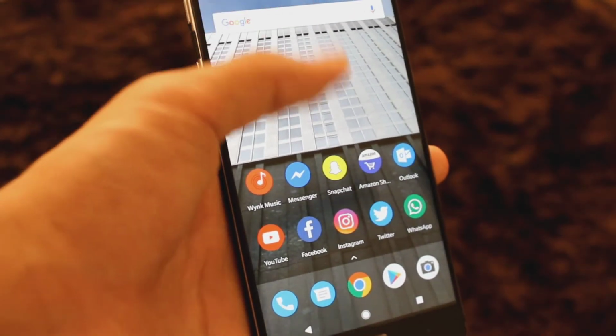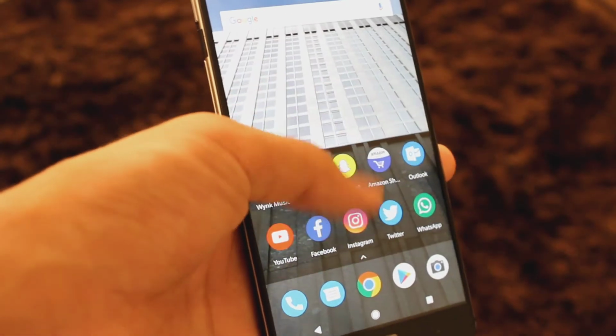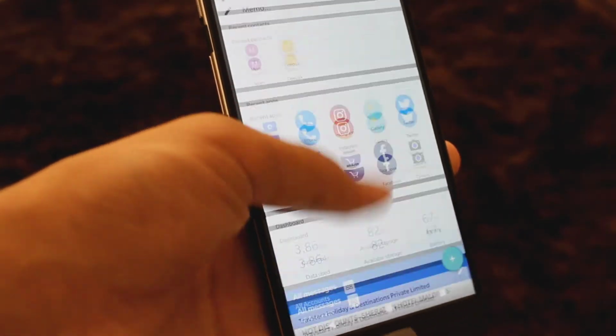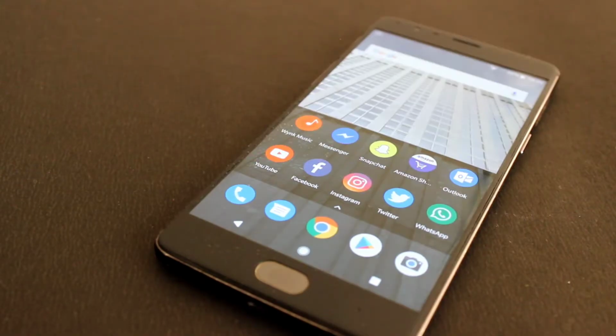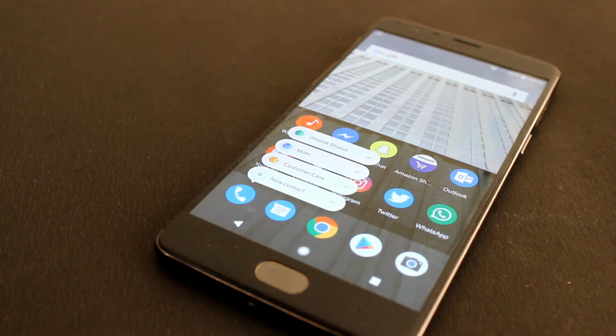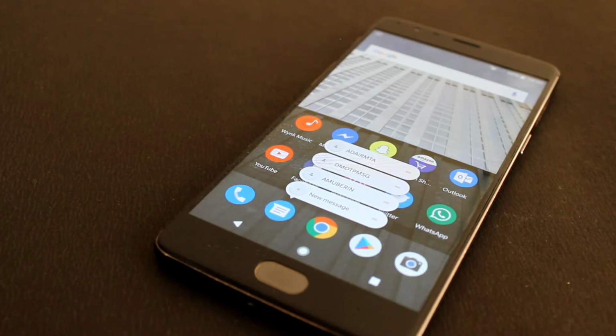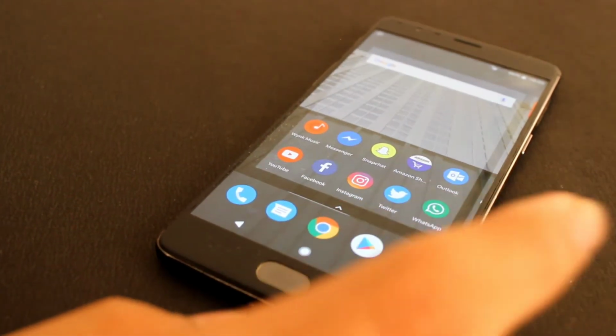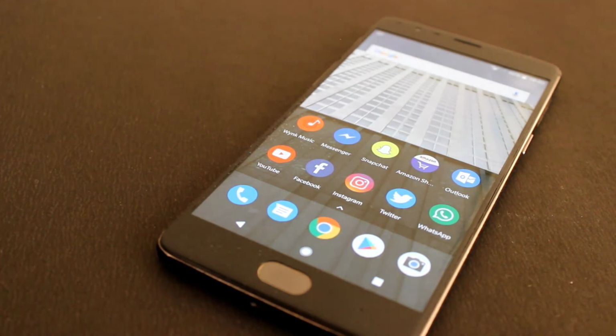The features are the same as stock OxygenOS, however, there are a few new additions, but all the new features seem like minor updates. The first major change I found was the addition of app shortcuts, which come in very handy with apps like the dialer and the stock messaging app. However, there are a few essentials which do not support app shortcuts, like the camera, but future software updates should